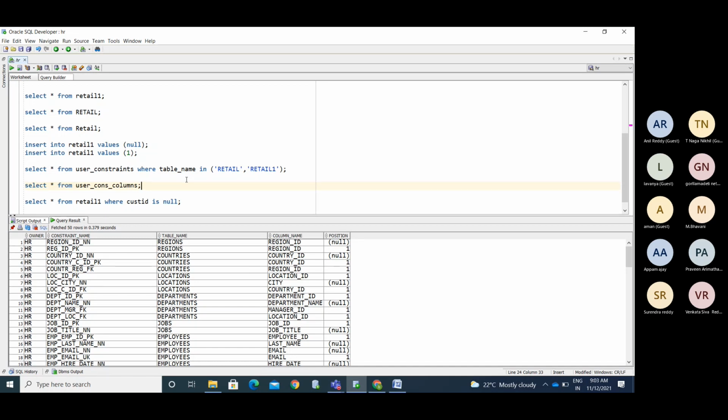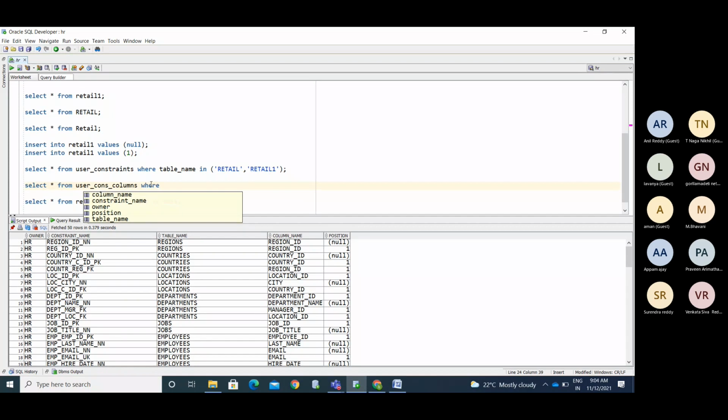So how are we going to capture the column names in the tables? The table names are captured by user underscore tables. If you want to know in detail what columns we have in a table, we go with user underscore tab underscore cols. Similarly, another meta object gives detailed information about the constraint, for which column the constraint exists: user underscore cons underscore columns.